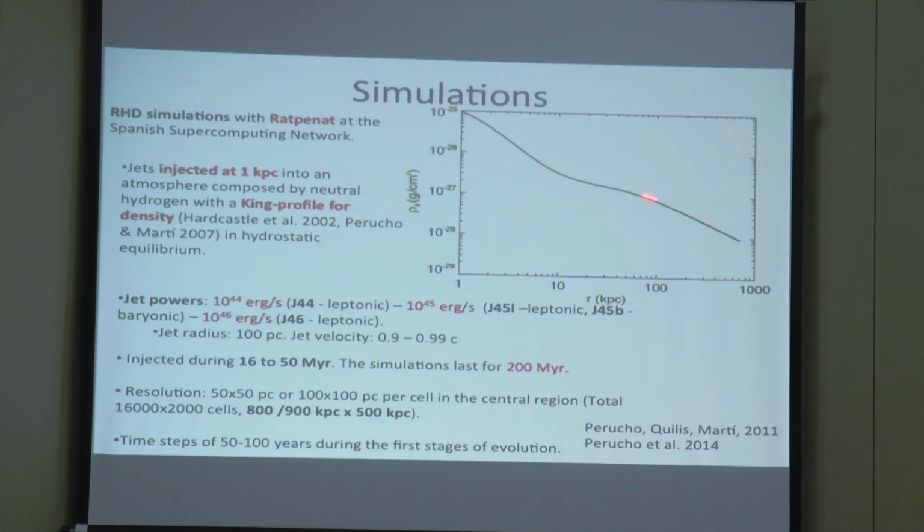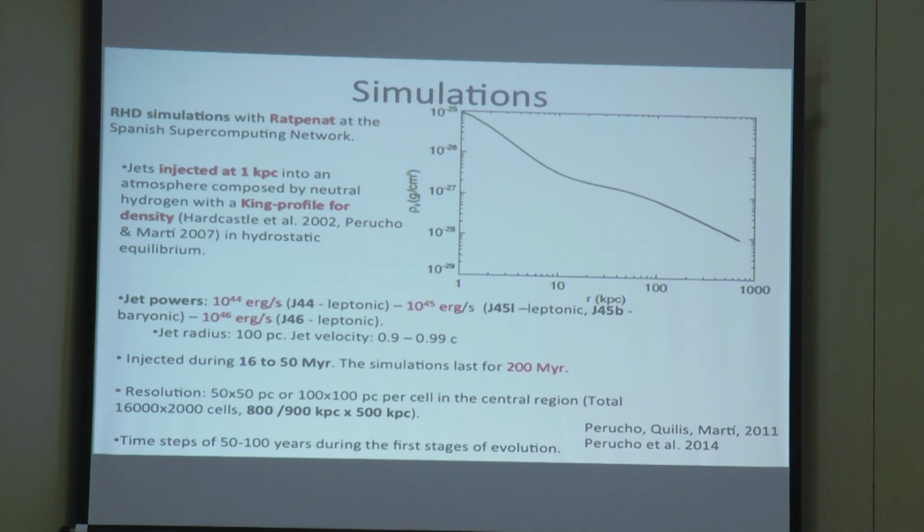This is a profile that comes from a radio galaxy, 3C31 from Hardcastle et al. 2002. And so it comes from a real radio galaxy. Not too much changed by the evolution of the jet, because that's an FRII. And we used different jet powers, started with a jet radius of 100 parsecs, and in the 2D simulations, we injected the jet during that given time and then switched it off to follow the evolution after switch off